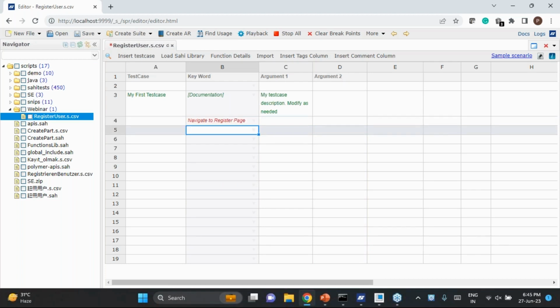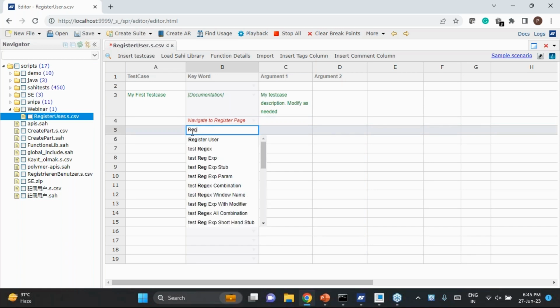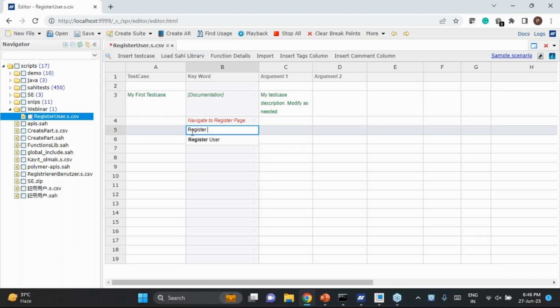Right now, everything I'm writing is in English. The same can be written in any language of your choice. Then register, the new user will happen. Register new user. Whenever we are registering a user or whenever we are registering ourselves, we know for a fact